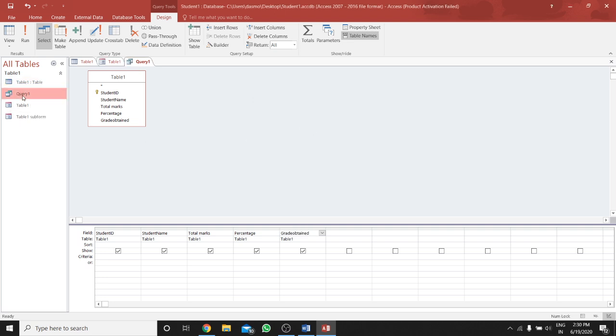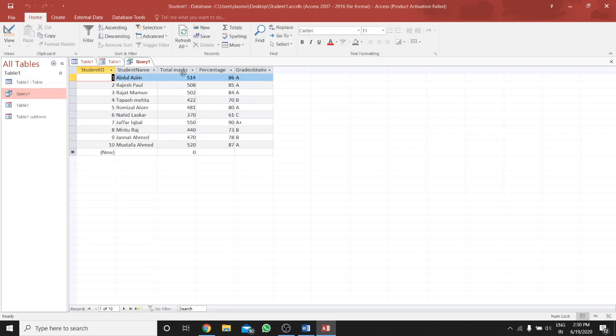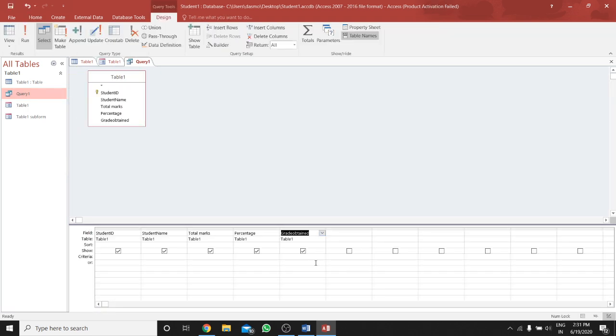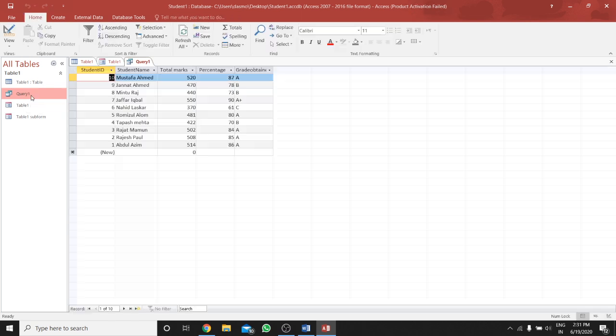You can see when you click on query, see, this is the query. Now you can make some additions. If you open in the design, you can give some criteria, you can sort it. Suppose you want to sort ascending or descending, suppose I want to sort in descending order, then you see the query, it has come in the descending order, 10 first, then 9.